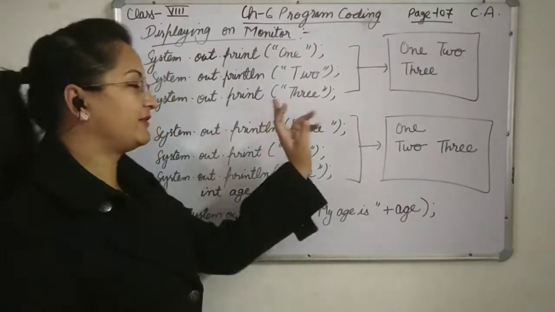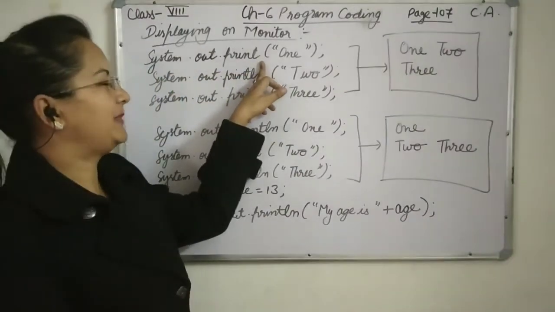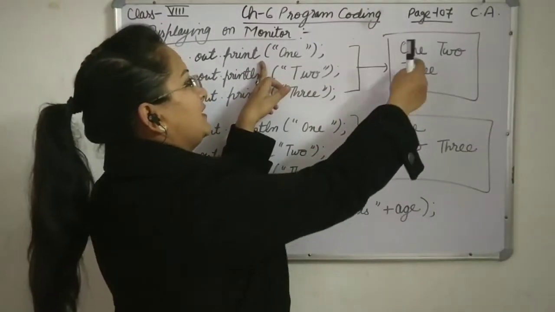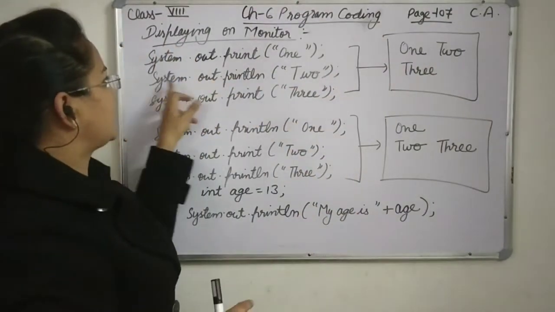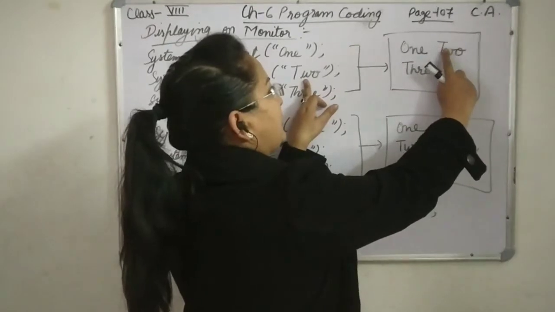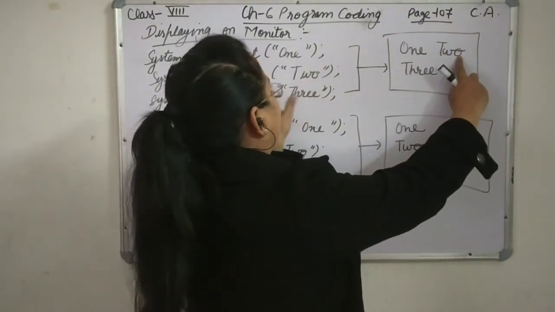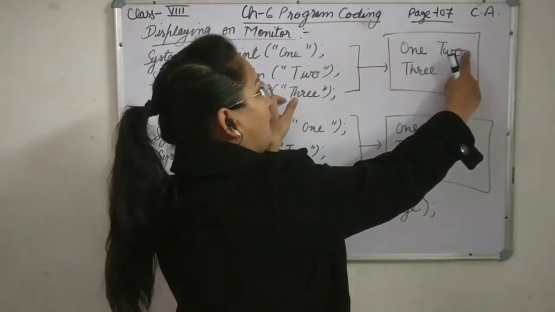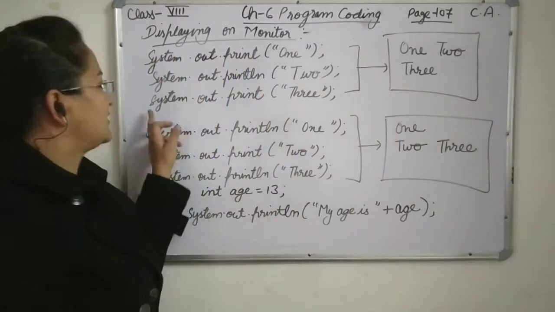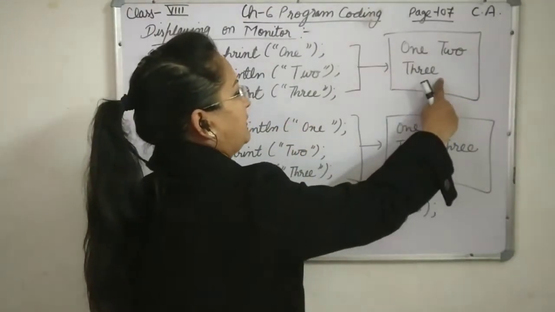So now students, I will explain you a few more examples. You can see system.out.print means it will be printed in one line. Cursor will be here only. System.out.println, now 2 will be printed. So 2 will be printed wherever the cursor is. So cursor is here only. So 2 will be printed, and see here it is println. So now the cursor will shift to the next line. System.out.print 3. So wherever the cursor is, 3 will be printed.